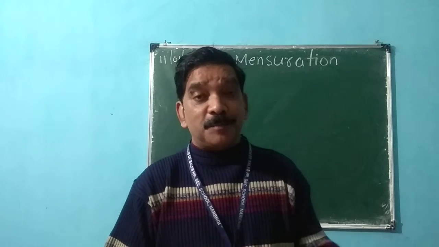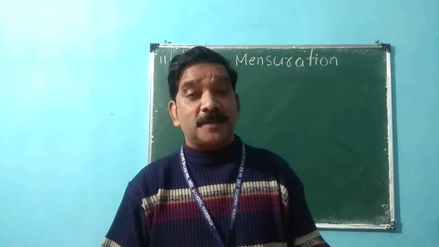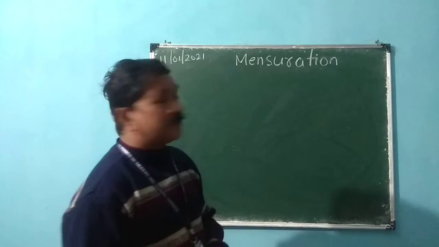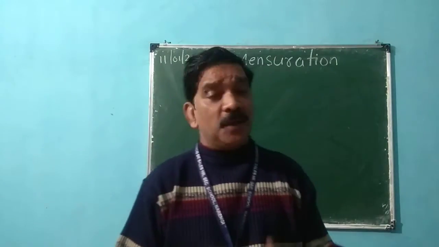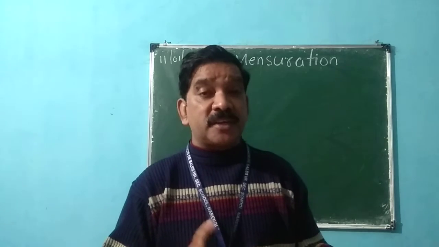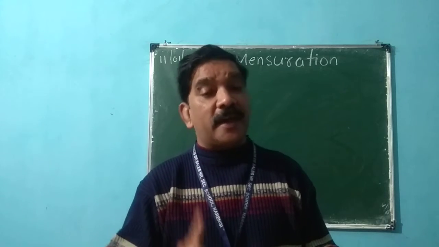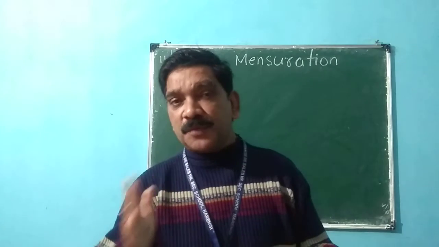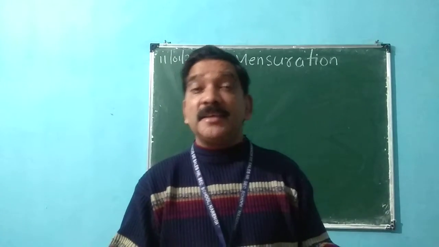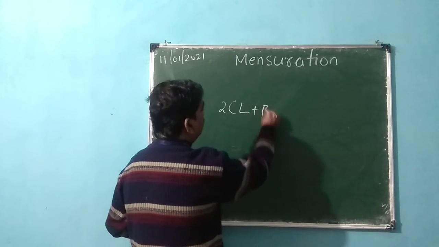If you remember, before the revision of PT2 exam, we had started our chapter mensuration. That was chapter 11. It was mensuration, right? We had already finished exercise 11.1. In exercise 11.1, we studied about the perimeter as well as the area of a square and a rectangle. What is perimeter of a square? 4 into sides. And what is the perimeter of a rectangle? That is twice length plus breadth.